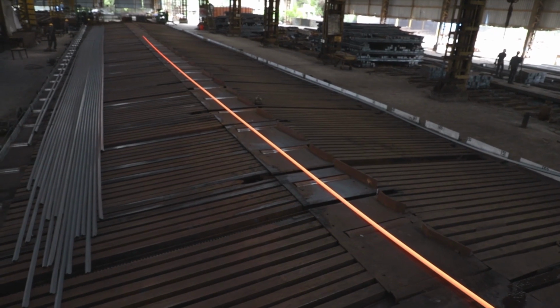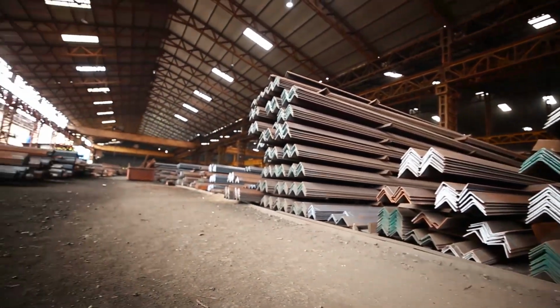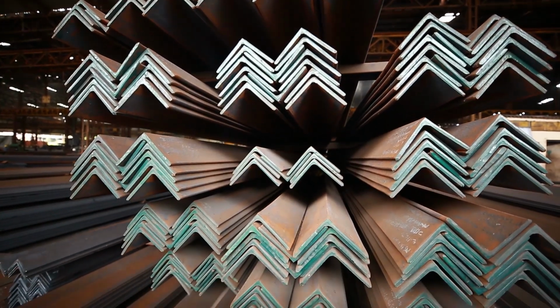Its product range includes angles, channels and H-beams, HEB, which find their application in transmission lines, solar PV farms, infrastructure, construction, industry,